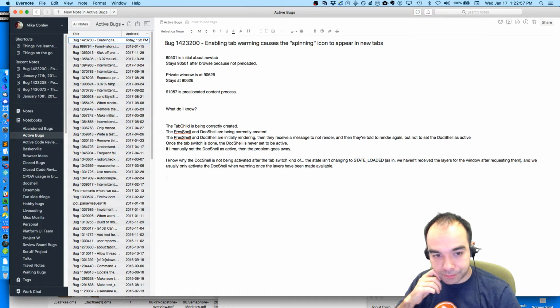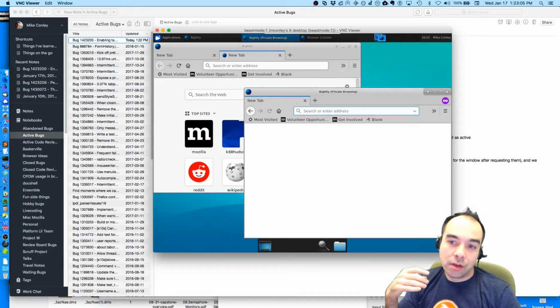Right. We've traditionally been setting the doc shell to active after we display the tab. And for some reason, that's not happening.